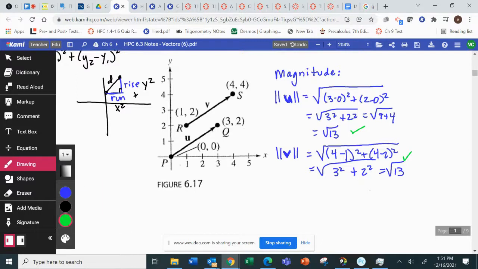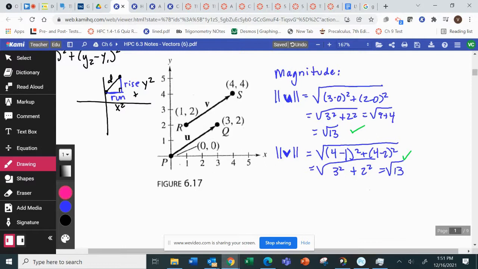So let's think, in math, when I talk about the direction, what's something you could tell me just by looking at the picture, the direction of u and v? One thing you could tell me. It's going up. Yes. So I know for sure by just looking at it that they're both positive. That's not enough information to say that they have the same direction, because if one of them's going up like this and one of them's going up like that, then they are not the same direction. But